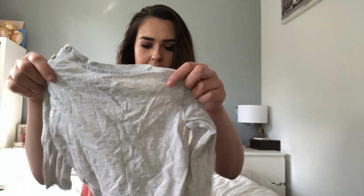Again, these are very creased. I really don't know what's happened to these. I promise he doesn't look like that much of a scruff bag all of the time, but it's useful to have. Hopefully we don't have to use it, but it is good to have just in case. Also a bib. I really like these white clean ones because Archie is such a messy eater. Honestly, he is the messiest eater you will have ever met in your life, so he needs these white clean ones, just because, yeah,